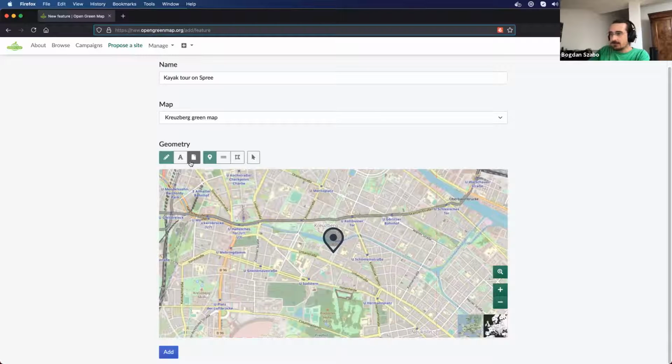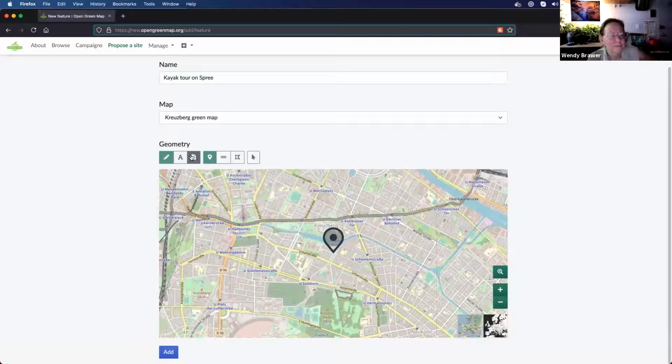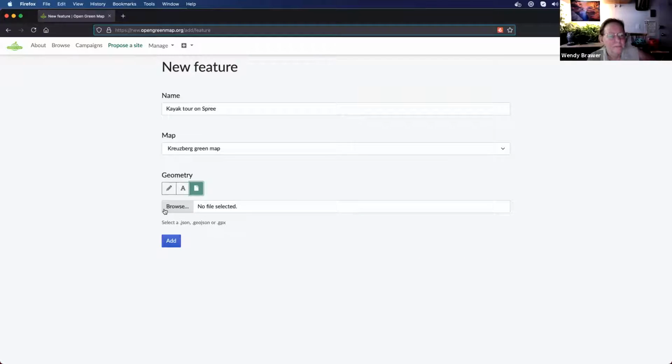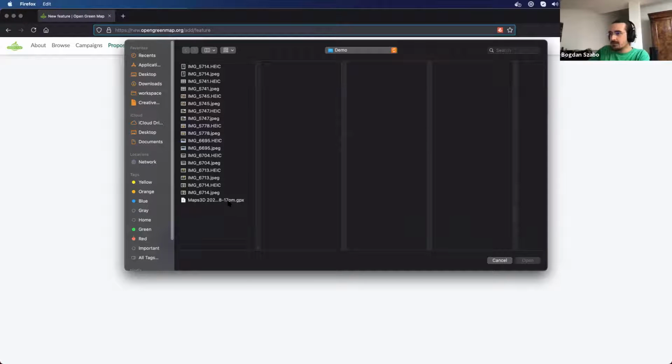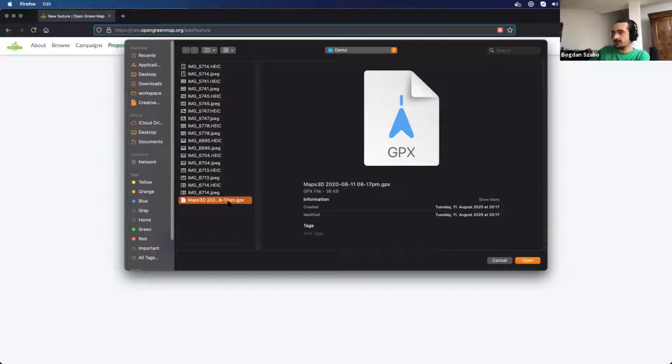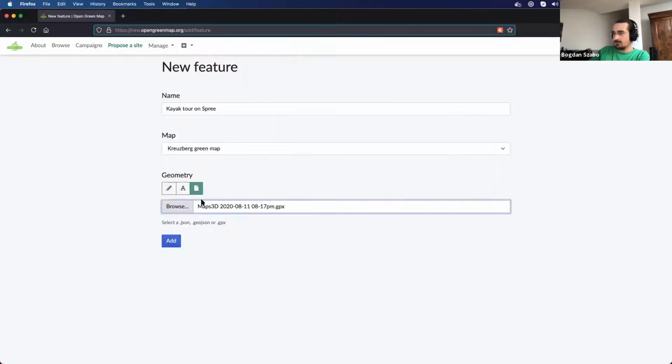And now I can go here to this select file button. And here I can just browse my files and pick this GPX file, which is a file that I captured with the mobile app. There are plenty of them. You can find them in your app stores. So now when I press add,